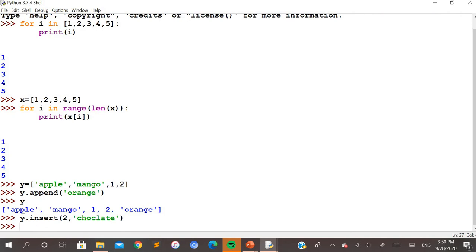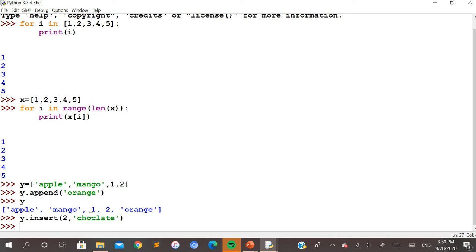What does this mean? This is a list variable with the insert method. The first parameter tells at which index position this element needs to be added. With the existing list, at the 0th position apple is there, at the 1st position mango is there, at the 2nd position 1 is there.